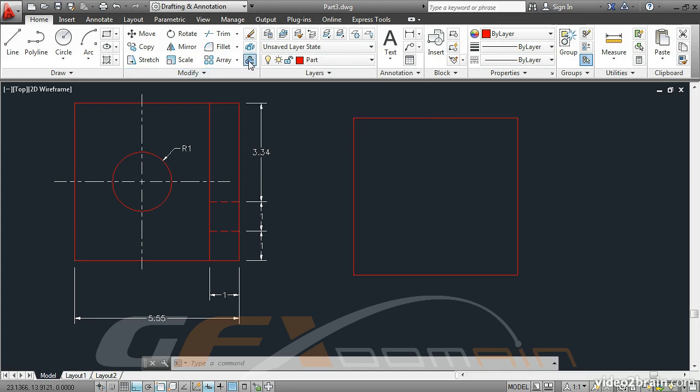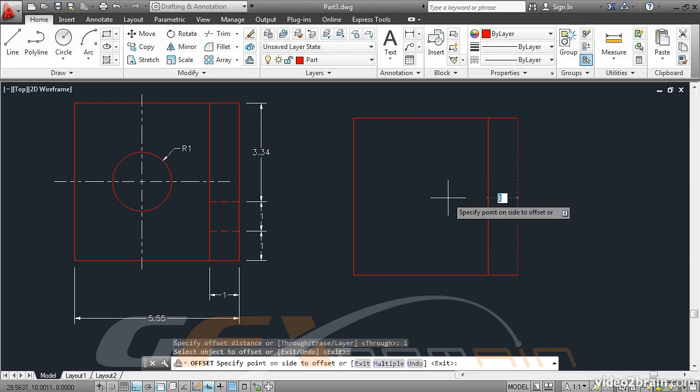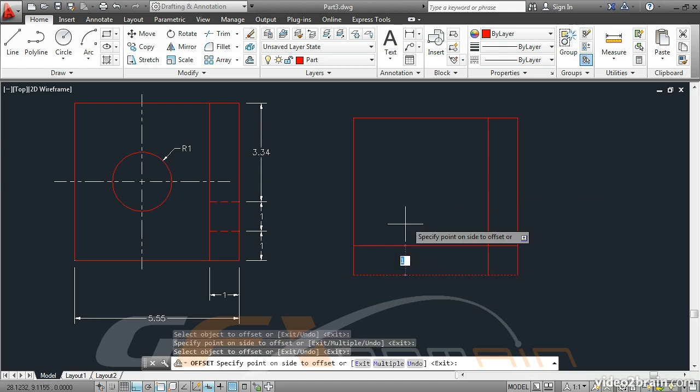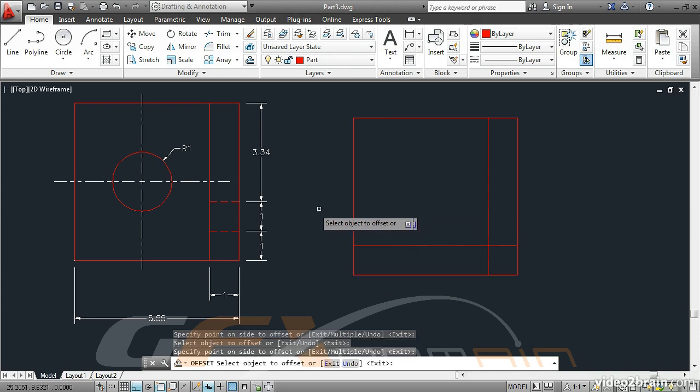Click the Offset tool and type 1, which is the dimension given in the diagram here, here, and here, and press Enter. Then select this right edge, move the mouse to the left, and click. Select the lower edge, move the mouse up, and click. And it looks like we need one more line here, so we'll offset this line up one last time, and